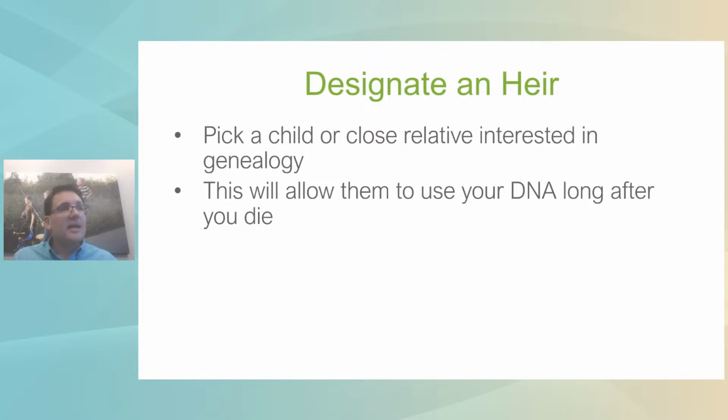For example, 10 years ago, again, I sent out a DNA test to one of my relatives. And then this relative, they took the test and then they passed away. And after they died, I wanted to resume control of their account so that I could transfer it into some other databases and get more value out of it as a genealogist. It was surprisingly difficult to get their DNA. Even though I had paid for the test and they were dead, I had to basically, this was with 23andMe,